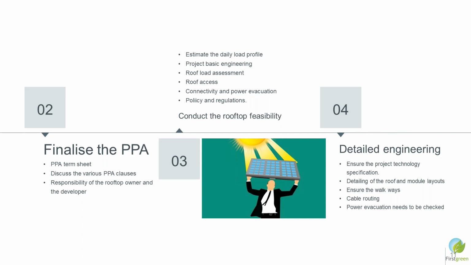Once you have done the feasibility, then of course you have to get into the design engineering phase, wherein you have to ensure that what technology suits those site conditions, and you are able to fulfill those conditions or not. You have to check the temperature, the roof adequacy for bearing the panel load. But just to mention, many times people have an issue in terms of the roof load bearing capacities. If you are able to walk on a roof, that's a thumb rule that you can install a solar panel, because